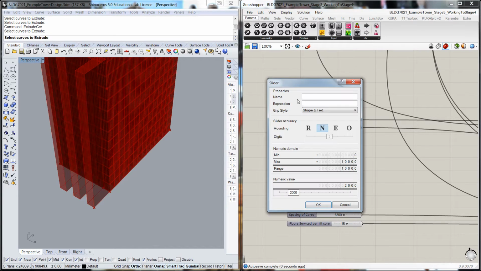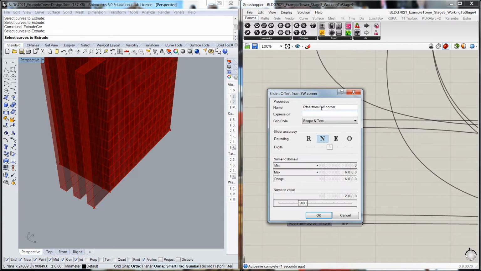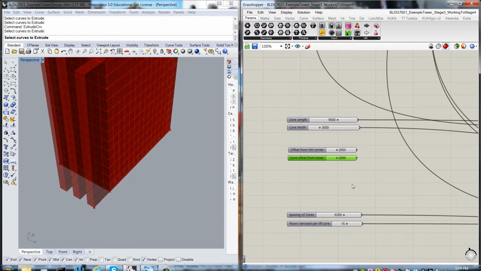And I'll call this offset from southwest corner. I'll give myself a maximum range of say 6,000. Okay, and I'm going to do another. I'll just copy that and do this: offset from core, offset from tower. Okay,